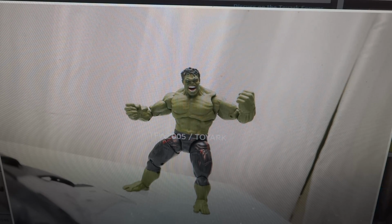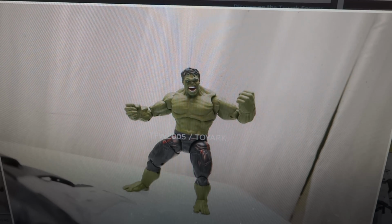I'm very happy about that. The pants aren't shredded at the bottom, which is odd. I guess in this new movie, when he hulks out, they're not going to shred. They're just going to get really tight, which is interesting. I mean, that's the first time we've ever seen that for Hulk, which is weird, but maybe they're just not done. They haven't sculpted on the end pieces. I don't know. It's very strange not to see the pants all shredded though, so I'm not quite sure what's